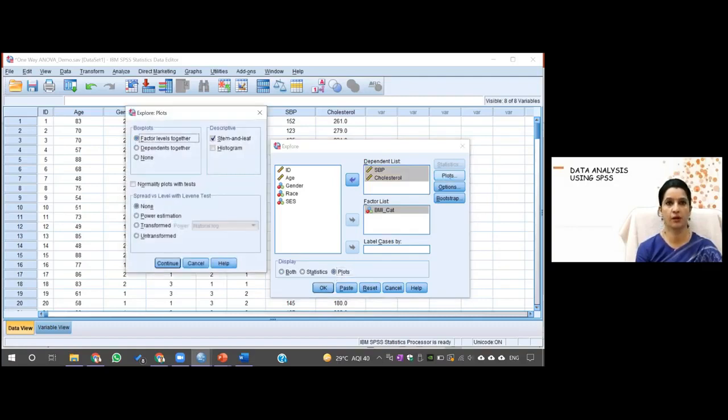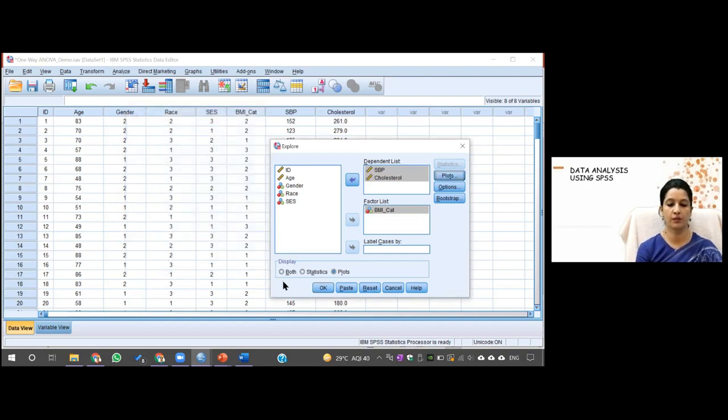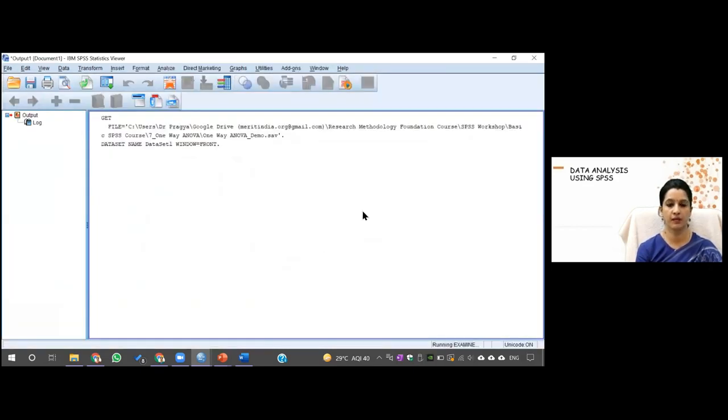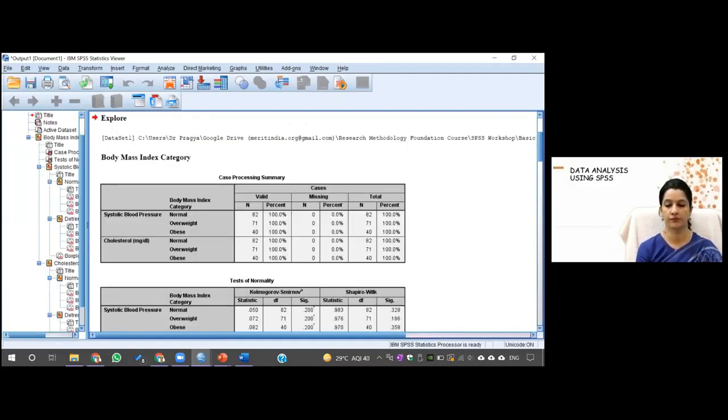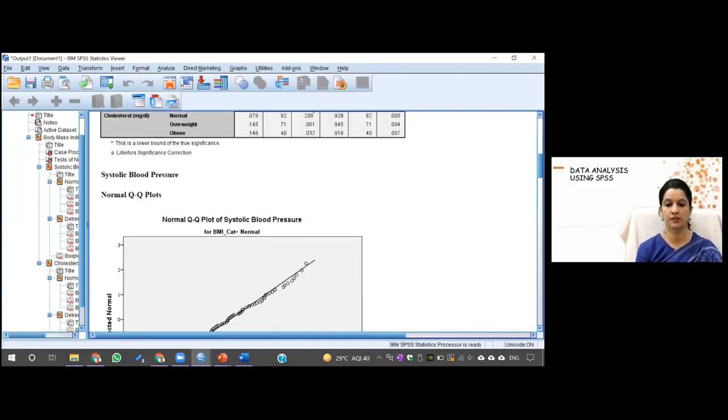I'll go to this Plots. I'll uncheck this stem and leaf and check this normality plot. I'll press Continue, then press OK. And then you will have this output. So if you see this output,